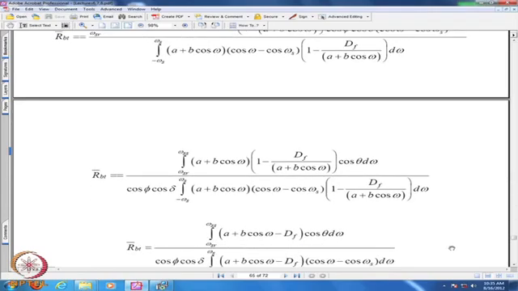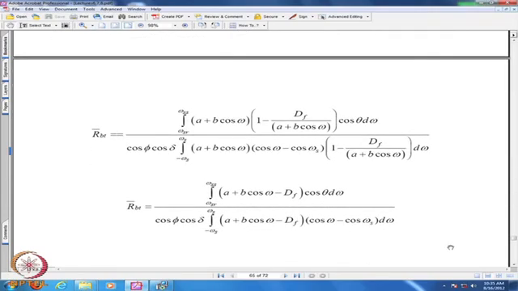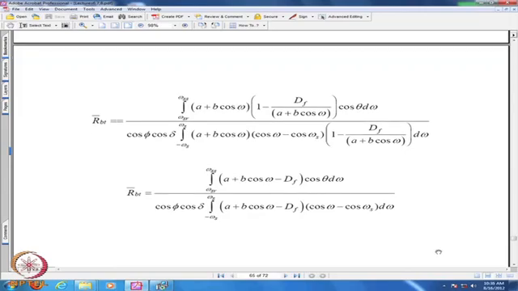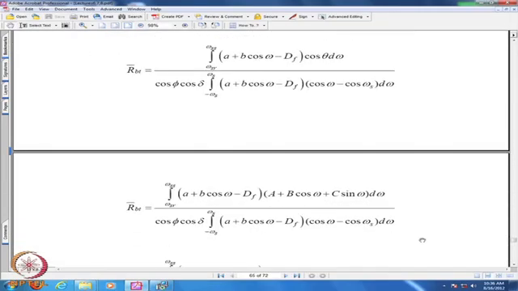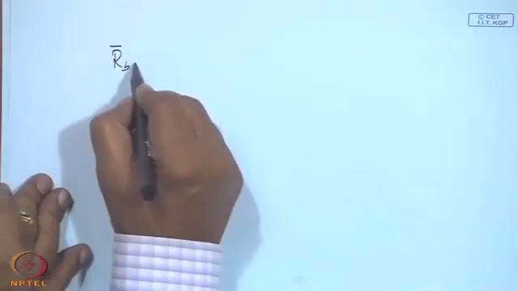Then you have got further simplification, if you multiply a plus b cos omega minus d f times cos theta d omega upon cos phi cos delta times cos omega s. Now, if you express it in a neat form,